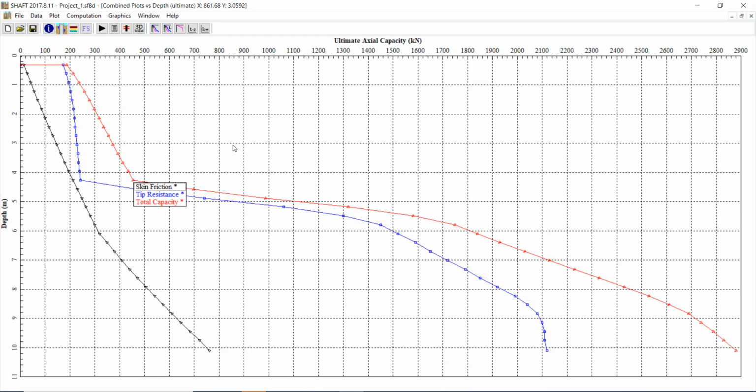As we can see here in this graph, the first graph is the skin friction. The skin friction starts to increase gradually until we reach a depth of 10 meters. However, the bearing capacity, as we can see, increased until here. So if we want to see what these graphs mean, this graph means that at a depth of, let's say, 2 meters,